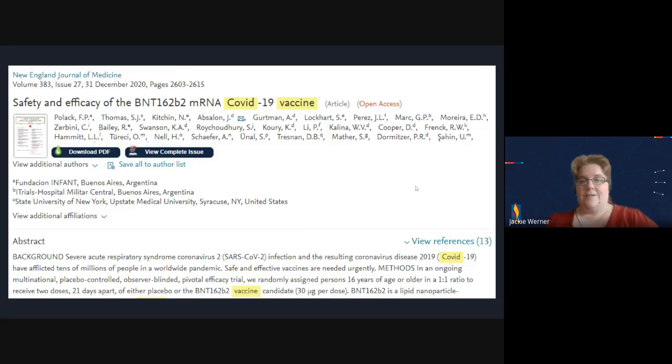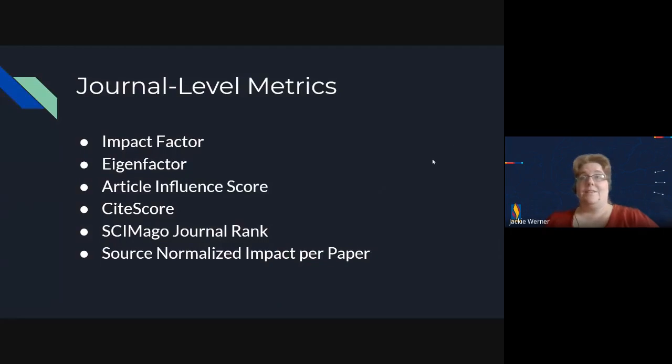All right, let's start with journal level metrics. And this is probably going to be the longest part of the presentation because there are a lot of different ways of calculating the impact of a journal. And if you've done any publication or looked into possible journals for publishing, you've almost certainly looked at some form of these journal level metrics.